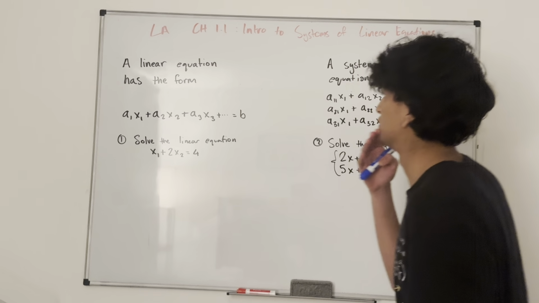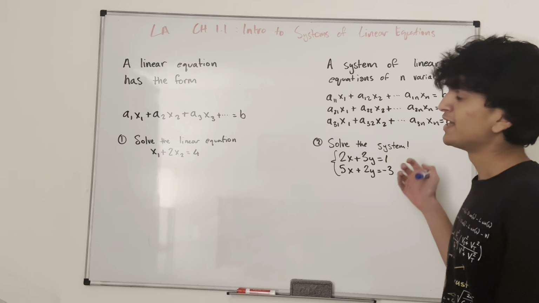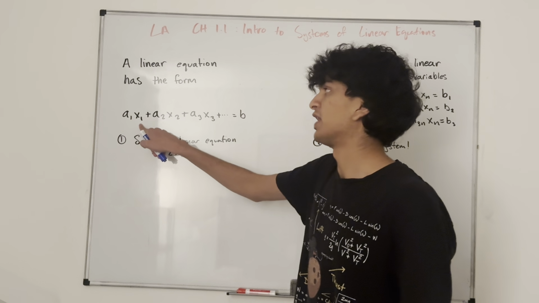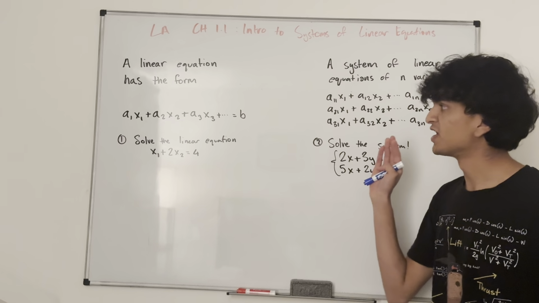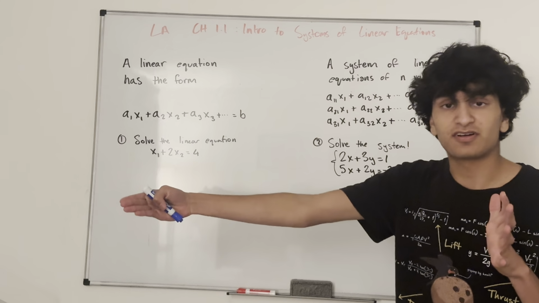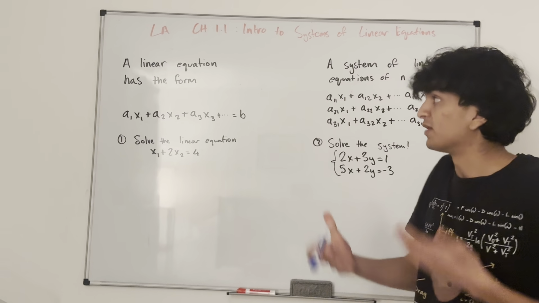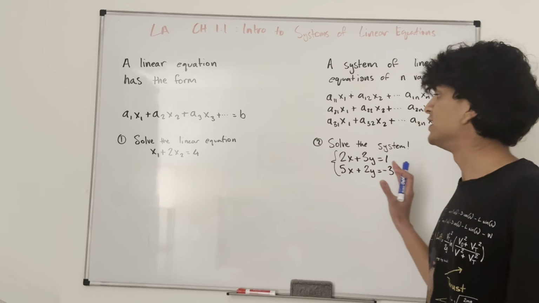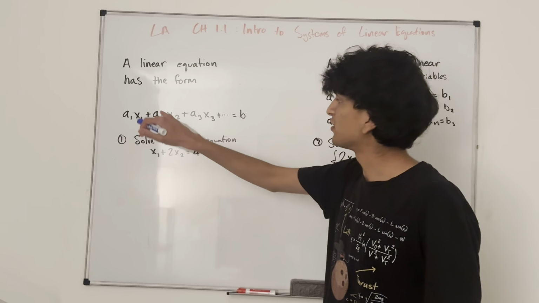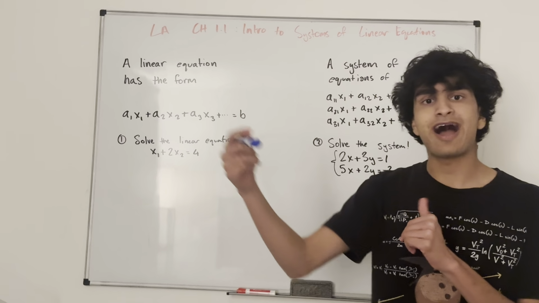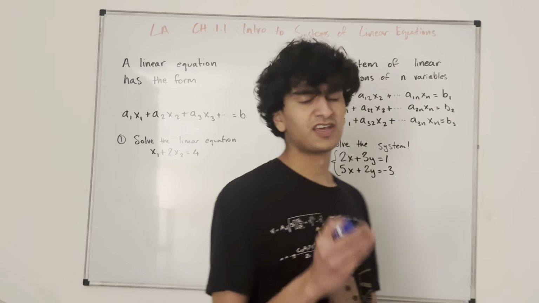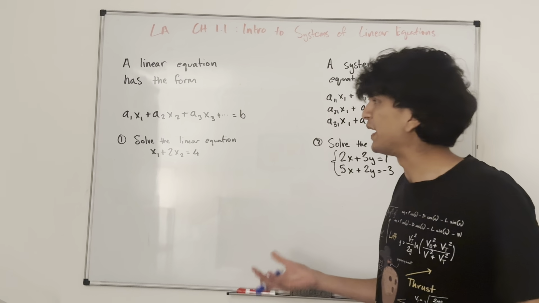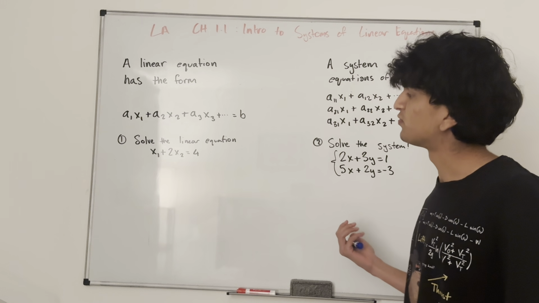So a linear equation is any equation with the form of like a1 times x1 plus a2 times x2 plus a3 times, and so on and so forth. How many variables there are is up to the equation, but it's in this form where none of the variables are raised to any sort of power, or you're not taking a natural log or like a cosine of x. And the most basic sort of linear equations are always in the form of like x